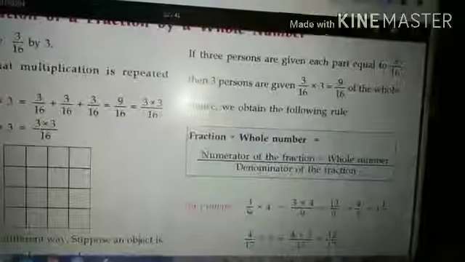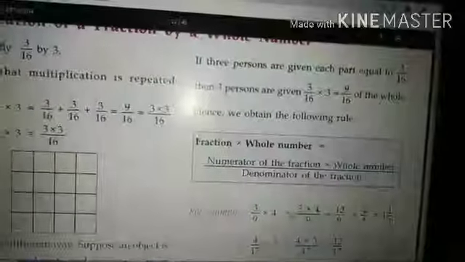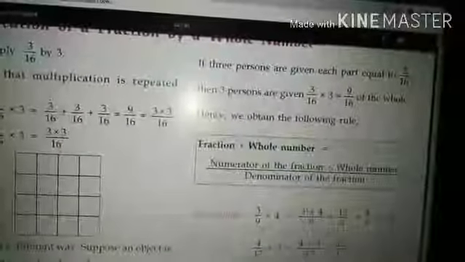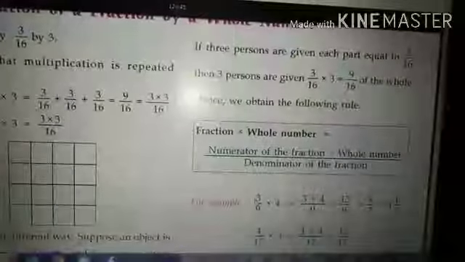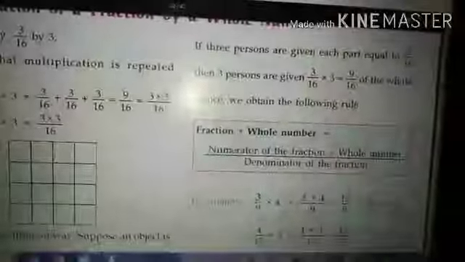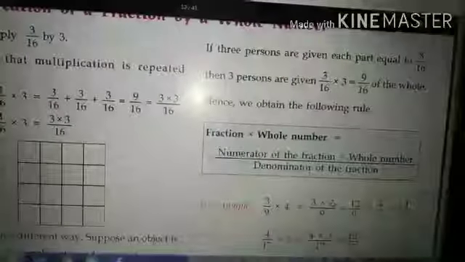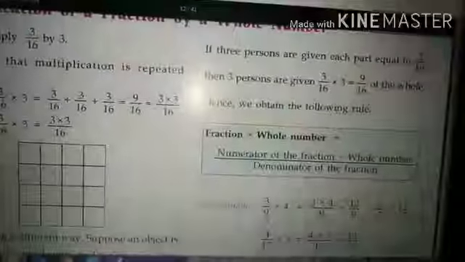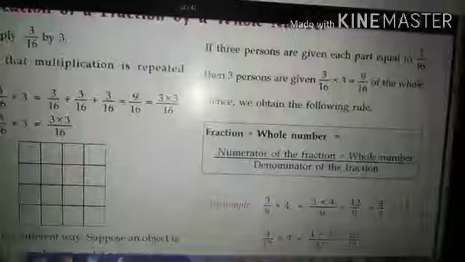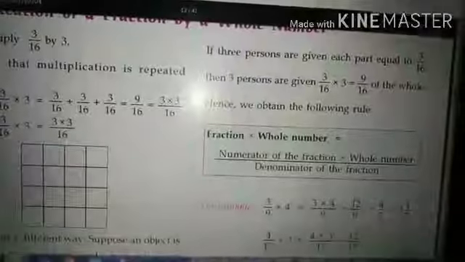For example, 3/9 multiplied by 4. Here 3/9 is a fraction and 4 is a whole number. How will we do the multiplication? Only multiply the whole number with the numerator of the fraction. What is the numerator? 3. So in the numerator we put 3 multiplied by 4, and upon 9 as it is. What is the denominator of the fraction? 9. So we write 9 as it is. Now we multiply the numerator: 3 into 4 is equal to 12. So 12/9, and 9 is the denominator copied from here.